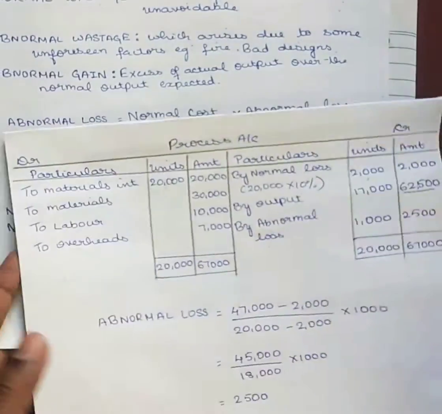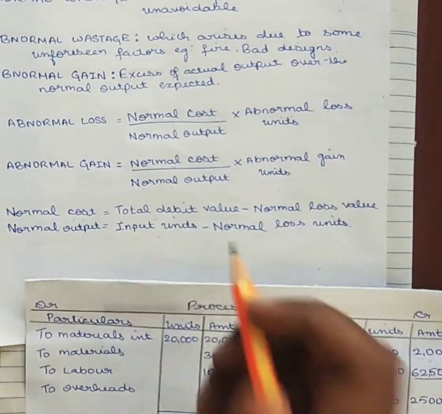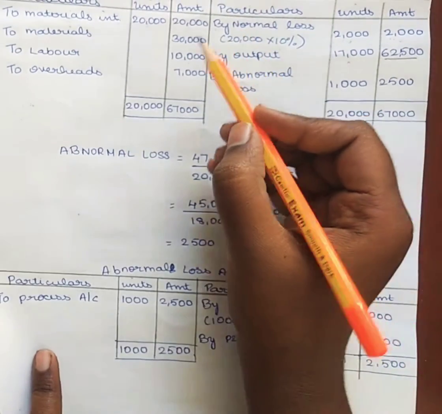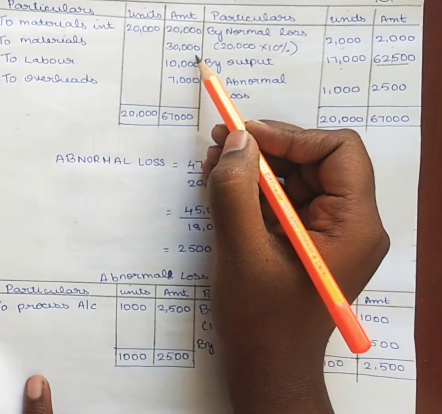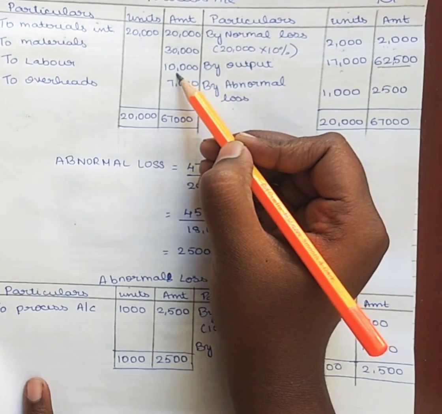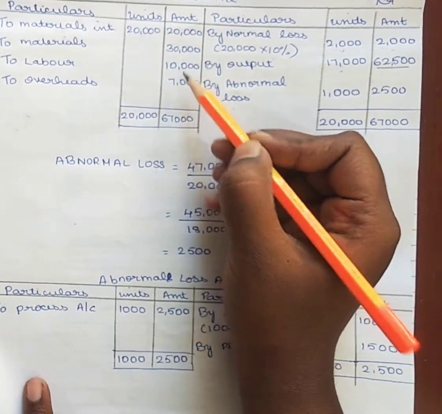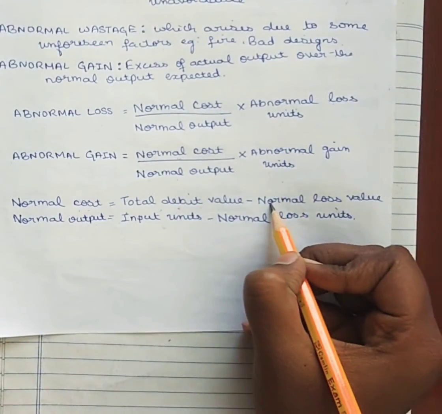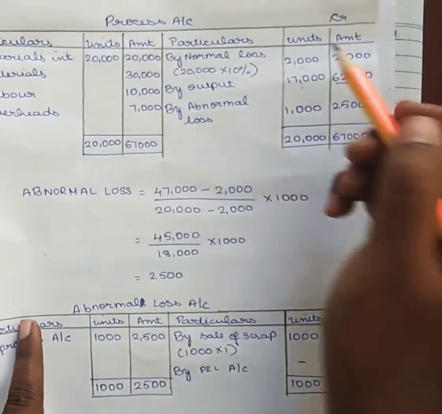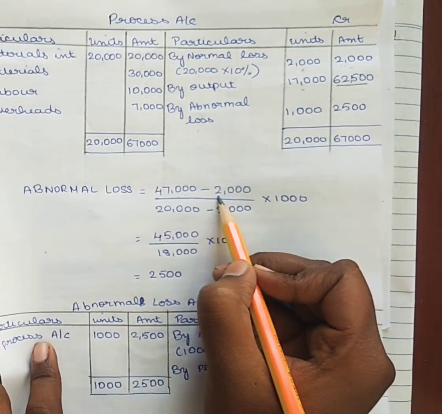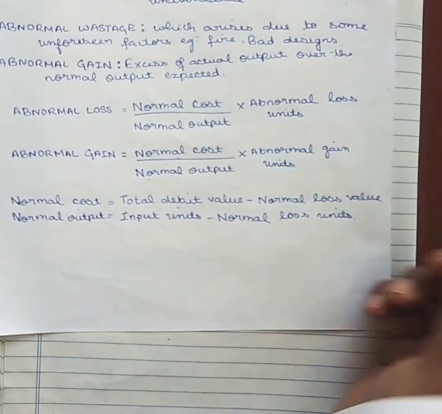Now look, in this case what is the total debit value? Total debit value is nothing but the details of your expenses. In this case, expenses is nothing but material 30,000, labor 10,000, and 7,000, so we have 47,000. That is what I have taken here, minus the normal loss value. What is the loss value that we have calculated here? It is 2,000. So minus 2,000, divided by